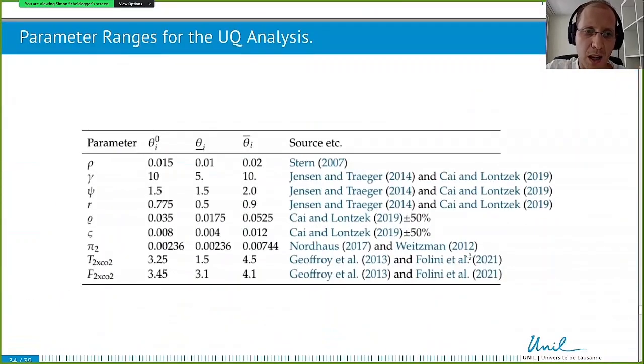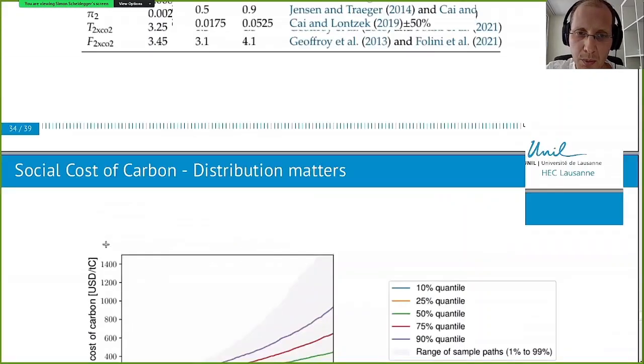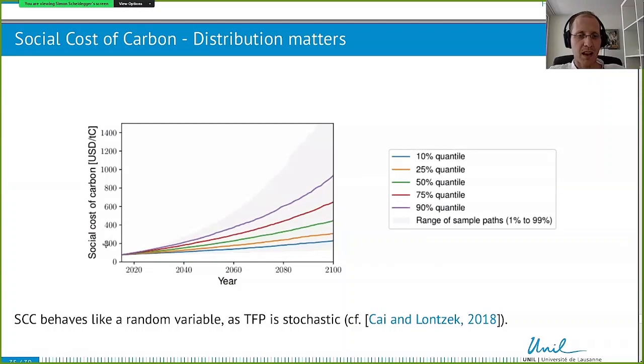Now, with all the uncertain parameters that these models have, some of them are from the economics literature, finance literature, and here you have a bunch of parameters, say, from the damage function, etcetera. We know bounds on them, but we don't know how they look exactly. We add them to the model as well, and with that we can now do